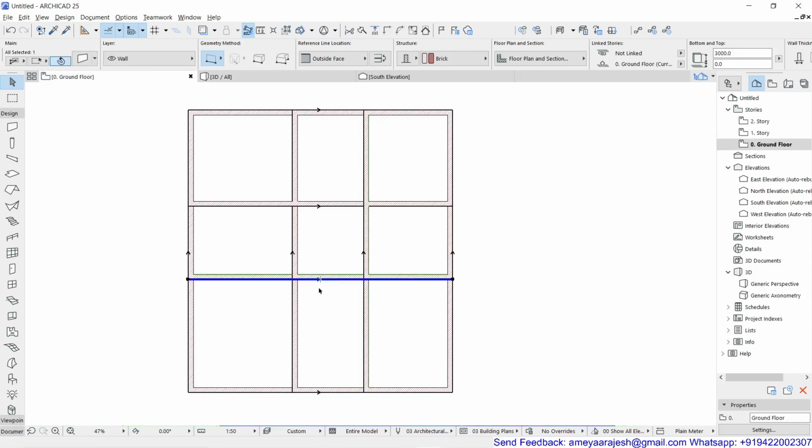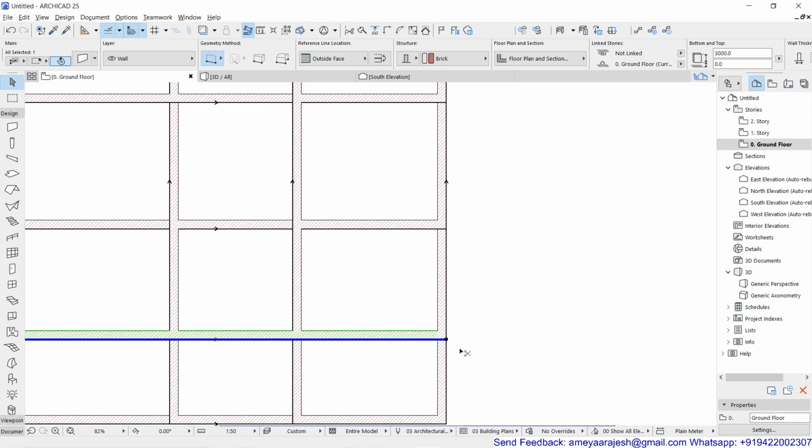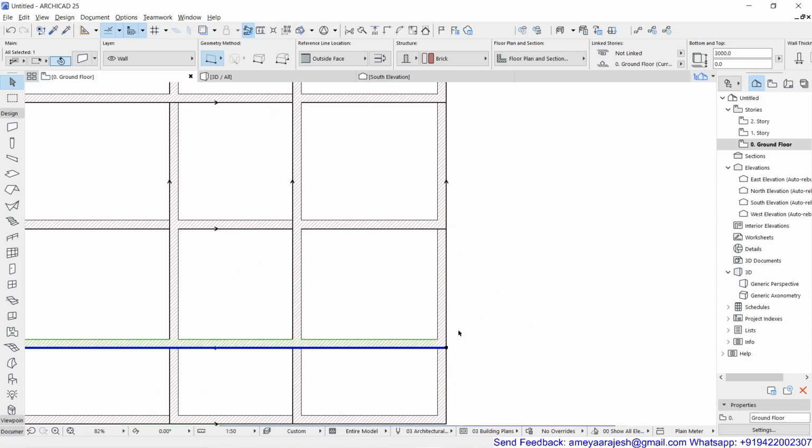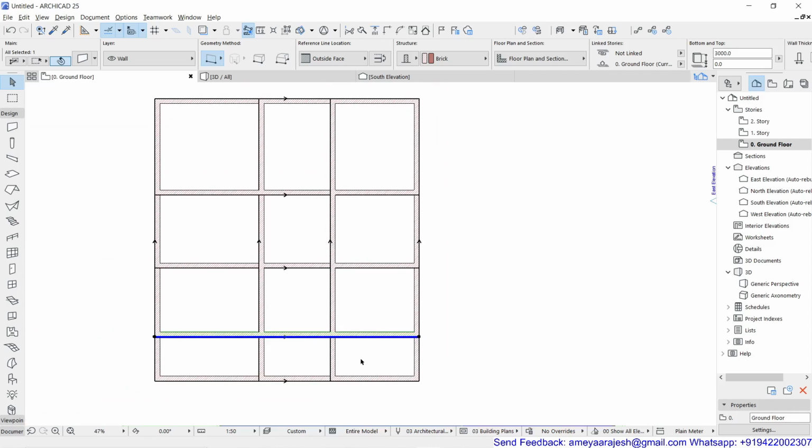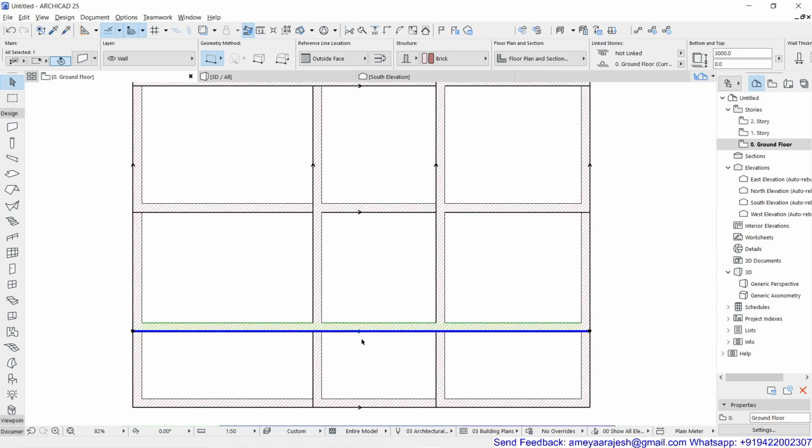So I'm going to select this wall, and I'm going to press Control Shift T again, and take this down with 2960, and again 230 I have to take it down. Remember, I am not flipping anywhere at present, because if you try to flip it, it's also okay, but then you have to be careful about the orientations. That's solely your comfort. I'm not going to say that it's going to be wrong or something. You can.